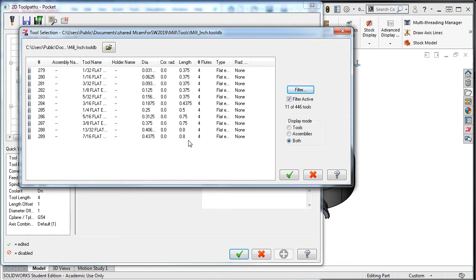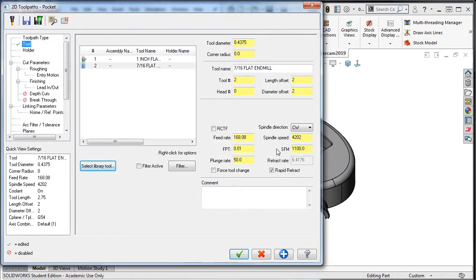I'll select the 7/16 end mill, because I know I can purchase them with a 3/8 shank diameter. I'll accept this selection. I'll alter the comment to say clean up corners. Then I'll select the cut parameters